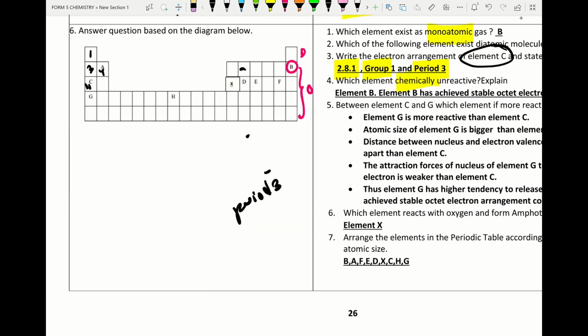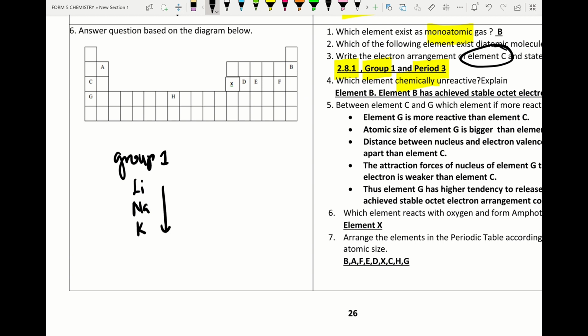So now, between elements C and G, which element is chemically reactive? So please remember all group 1 elements. So we have lithium here. When going down group 1, please remember the reactivity increases. So which one is more reactive? G will be more reactive. Why is G more reactive? So we try to check. C, the atomic size is smaller. G, the atomic size